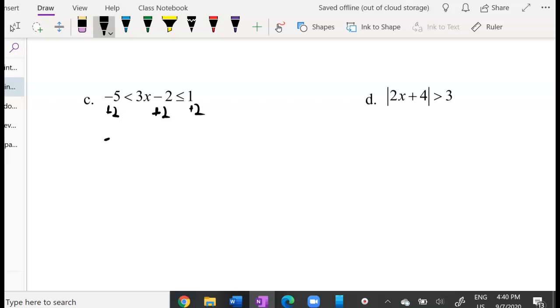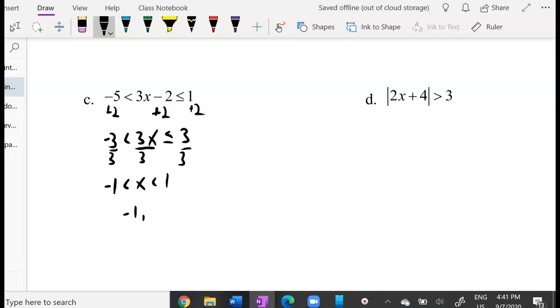And so I'm left with -3 is less than 3x, less than or equal to 1 plus 2 is 3. And then next step is divide everything by 3. It's a +3, so I don't have to turn the direction of anything. If it were a negative number, I would change the direction of both inequalities, but this time I don't have to worry about it. I get -1 is less than x is less than 1, which means that x is